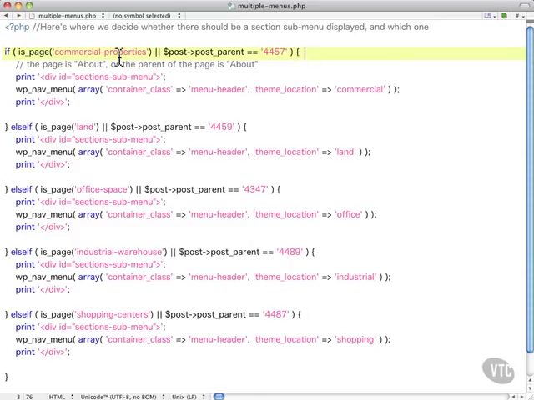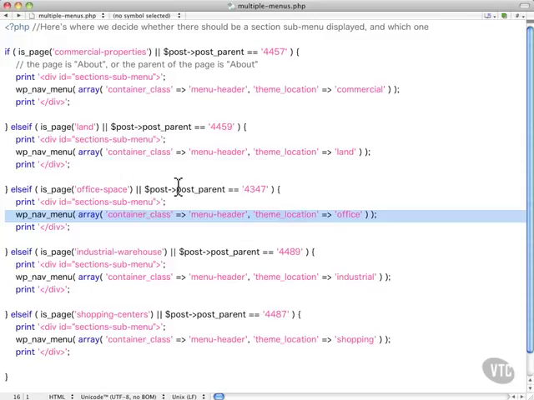If it's this page, or, there's our or symbol in PHP, or if it is a child of this particular post, or page, of course. Post is a common term used in WordPress, as we've seen. If it's the child of this page, then put in this particular theme location. See here? Now I've got this theme location for a different one, this theme location for a different area,